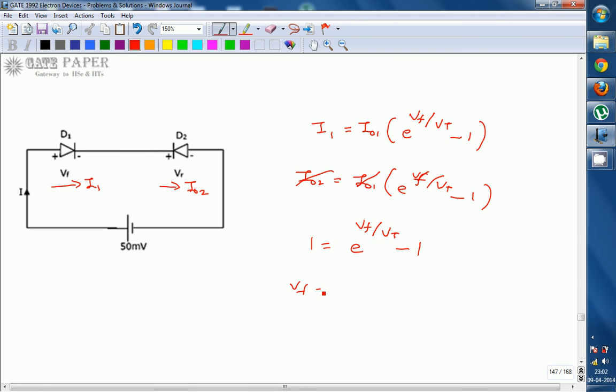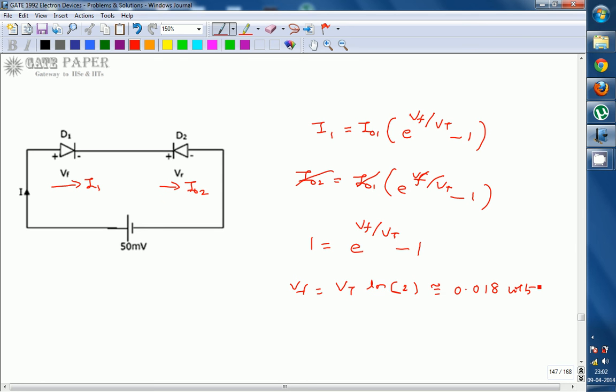So Vf is equal to Vt natural logarithm of 2. This minus 1, if it comes over here, will become 1 plus 1 is 2, and apply natural logarithm. Natural logarithm and e will cancel. So Vt into natural logarithm 2, where Vt is given as 25 millivolts, will be around 0.018 volts. So the voltage across the forward bias diode is 0.018, which is very small, such that a small current